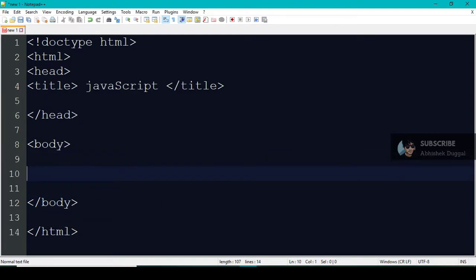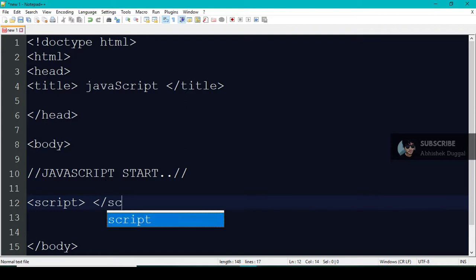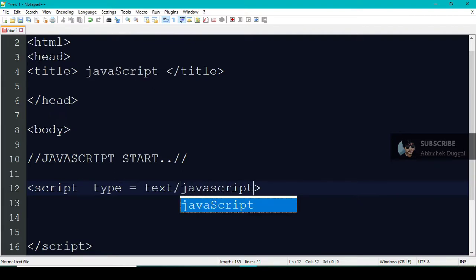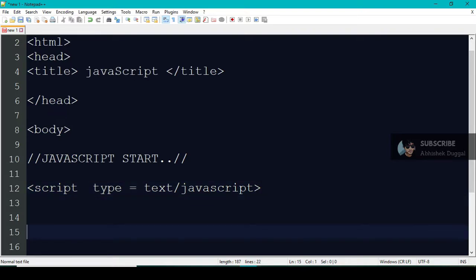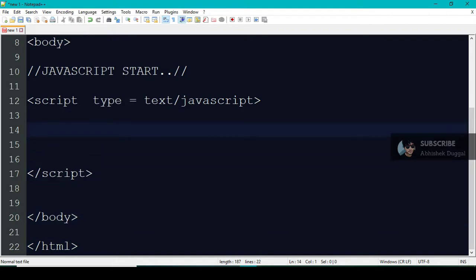After that, in the body tag, we have to write our JavaScript code. To do so, we first need a new tag called the script tag. There are like 50 different types of scripting languages. JavaScript is one of them, so when our browser comes across this code, we need to tell it that we are going to be working with JavaScript. In order to tell our browser, we need to give it an attribute called type, and we set this equal to text/JavaScript. And in between these tags is where you are going to be typing all of your JavaScript code.